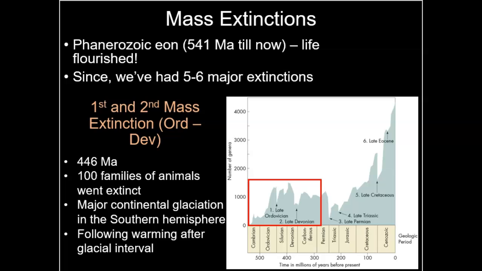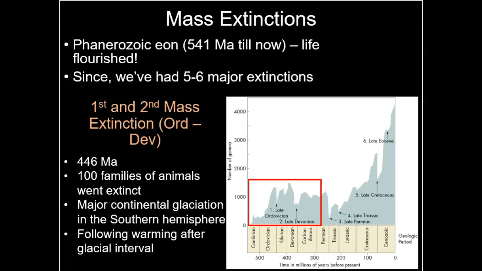Okay, so as I had said in the first slide of the video, life has existed on our planet since about 3.5 billion years ago, starting with cyanobacteria mats called stromatolites. However, it was not until the current eon, the Phanerozoic eon, that life truly flourished. The start of that eon happened about 542 million years ago, and we call it the Cambrian explosion, an explosion of life. Since that time, about 6 major extinctions have occurred, but most times 5 are referred to, the big 5 mass extinctions.